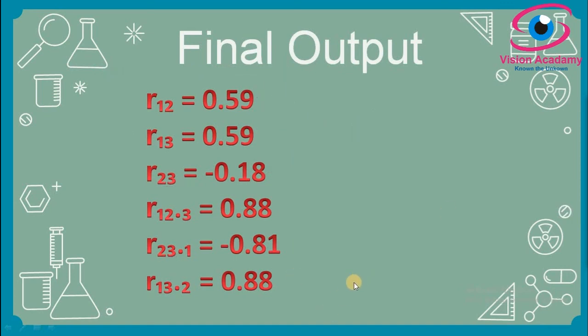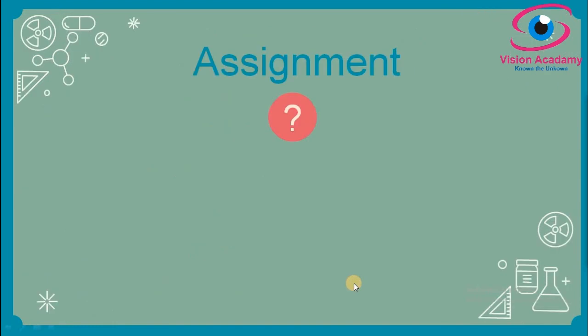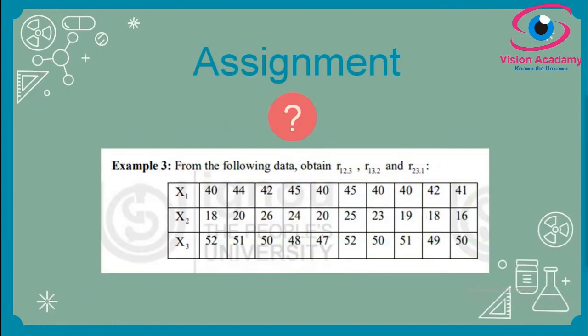Here I have calculated the total correlation coefficient and the partial correlation coefficient. Now I will give you an assignment. In the same way I have calculated, you can obtain the values. Firstly calculate the basic zero order correlation, that is the total correlation coefficient of 3 values. Thereafter obtain this value.